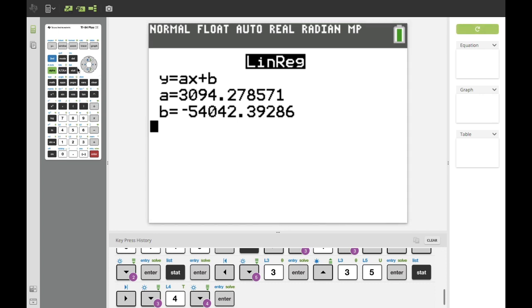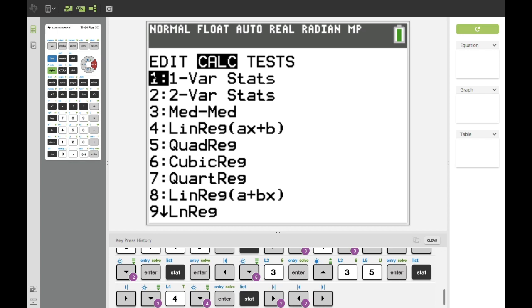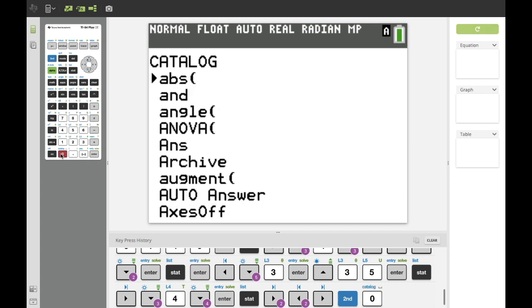Yes, please, go ahead. How do you do it? Yeah, go ahead, Kenneth. Catalog, this one, the 0. Yeah. And then,